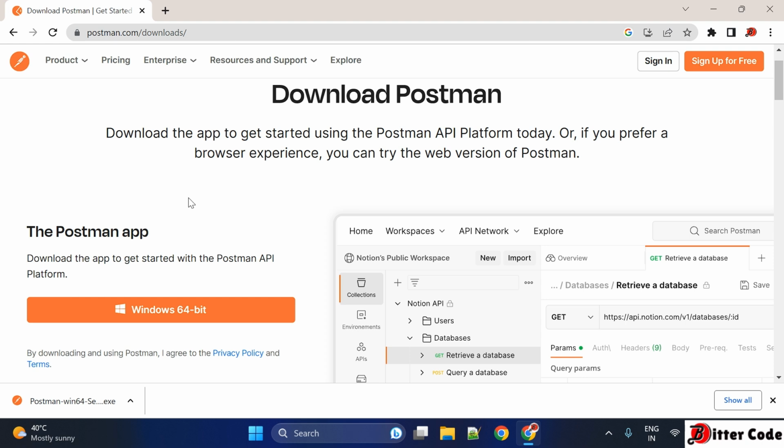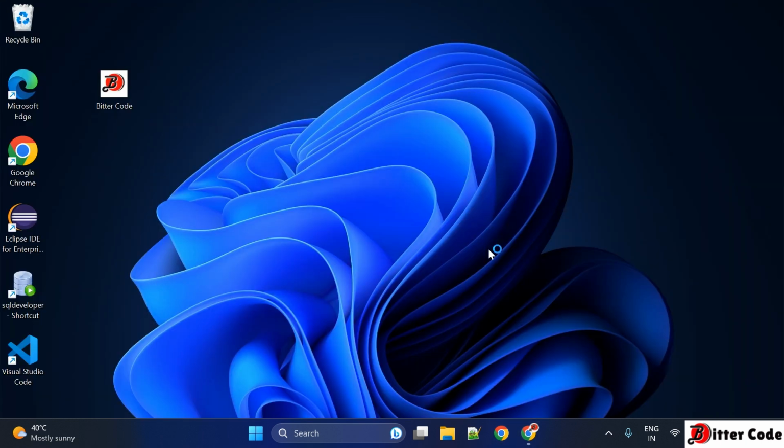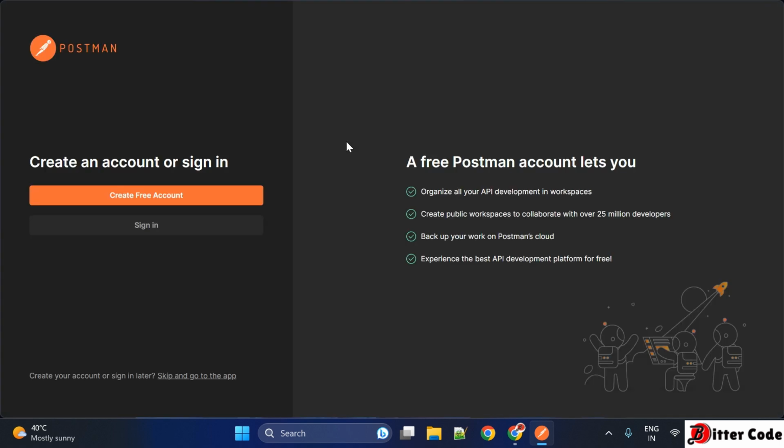So now the download has been completed, and you have to just click on this. It will start the installation. So you can see the installer window has been started and it is completed also. And here it is giving the option to create an account or sign in. So you can just click on create an account